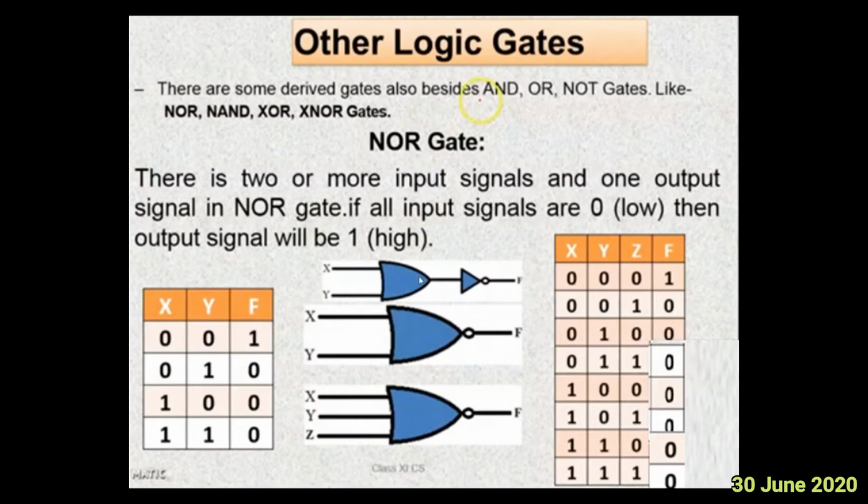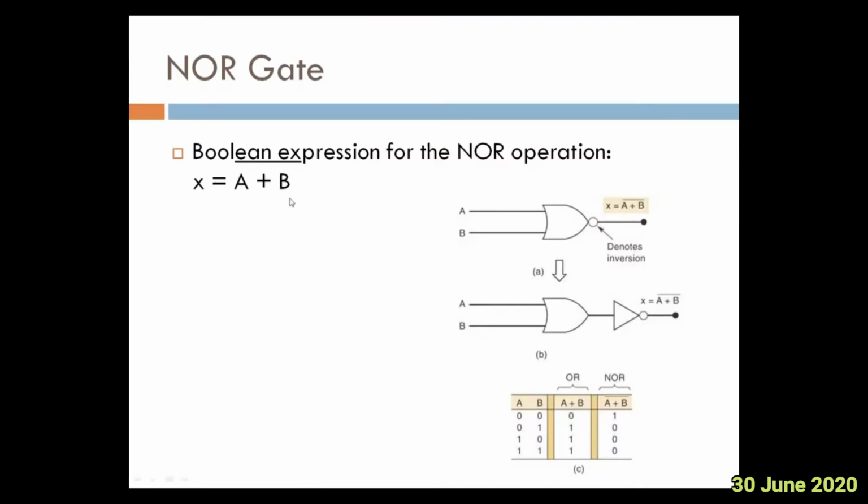This is what we call the logical symbol for the NOR gate, right? For 2 variables, if I write (a plus b) whole bar, see how we can represent it now. An OR gate with the NOT, that is a plus b whole bar. Separately I can also write an OR gate and a NOT gate; this is also equivalent. And as far as the truth table is concerned, first you write the output column with OR and then you make it NOR. So remember the NOR gate symbol: only OR followed by a NOT.